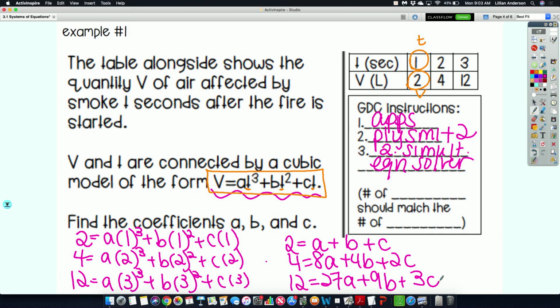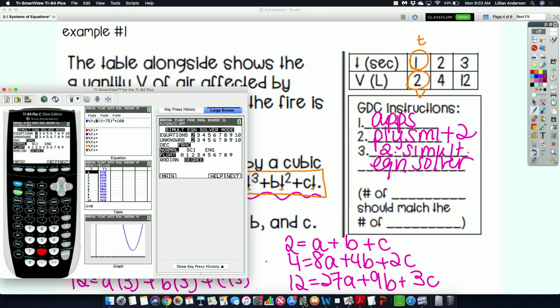How many parameters do we have here? We have 3 parameters, variables, unknowns. How many equations do I have here? 3. So that part in your simultaneous equation solver, when it asks you equations and unknowns, you need to change that to fit whatever you're given. So all I do is press enter in the equations, move over to the number it is, click enter, I move over, click enter,